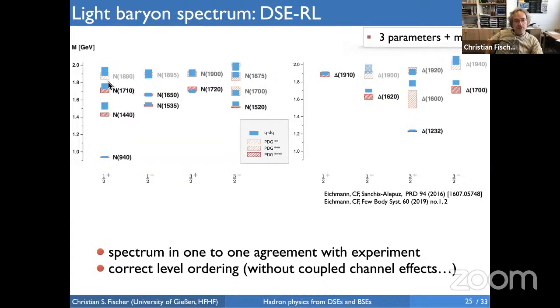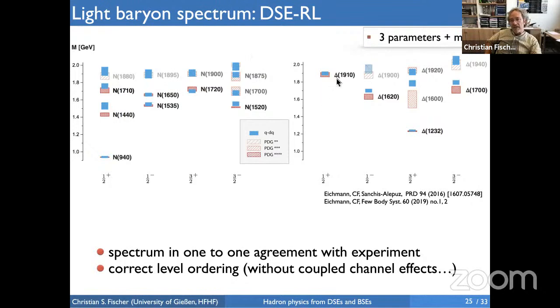So this is now state-of-the-art PDG. And what you see is that below 2 GeV, for every state which you find in the Dyson-Schwinger Faddeev framework, there is one state in the PDG. So there is certainly no missing state problem below 2 GeV. And of course, it would be very interesting if we would be able to extend these calculations above 2 GeV. Again, we're working on that.